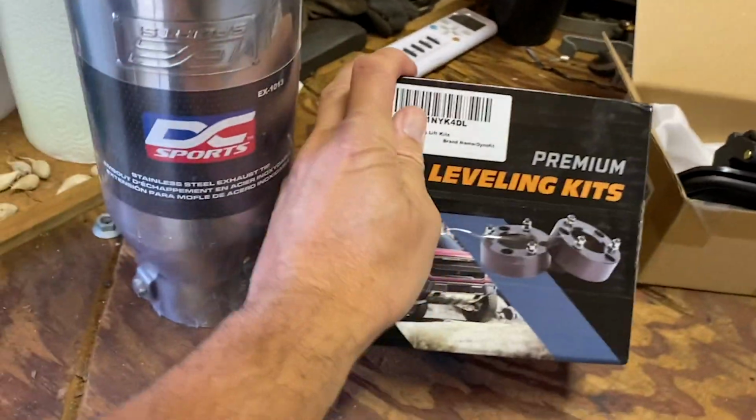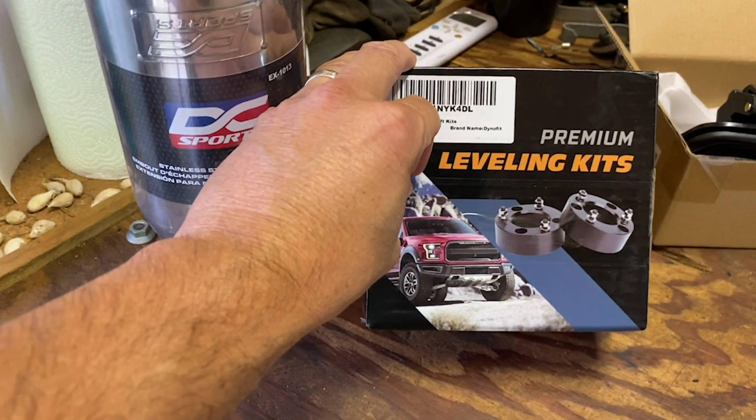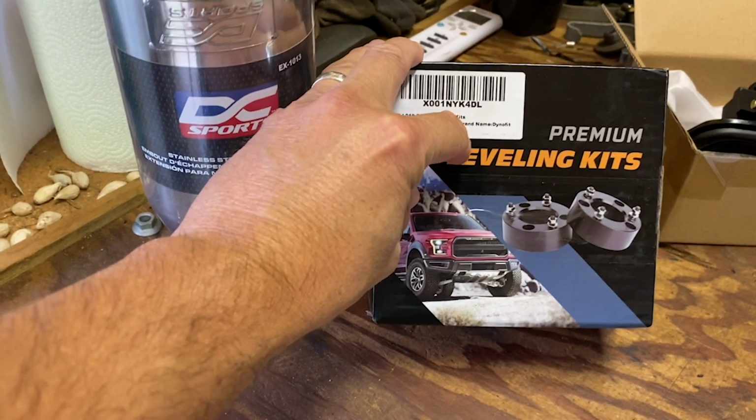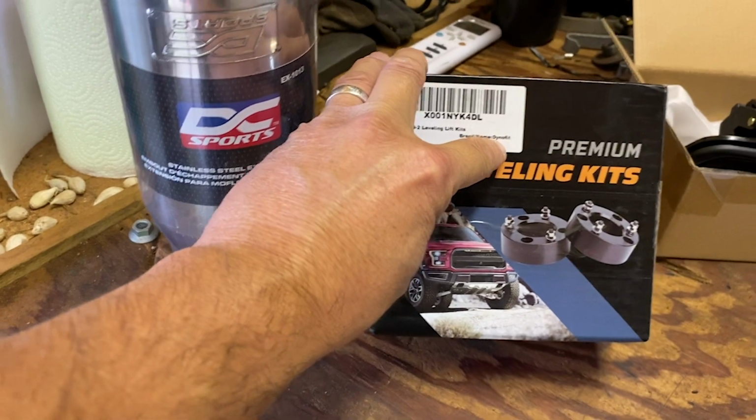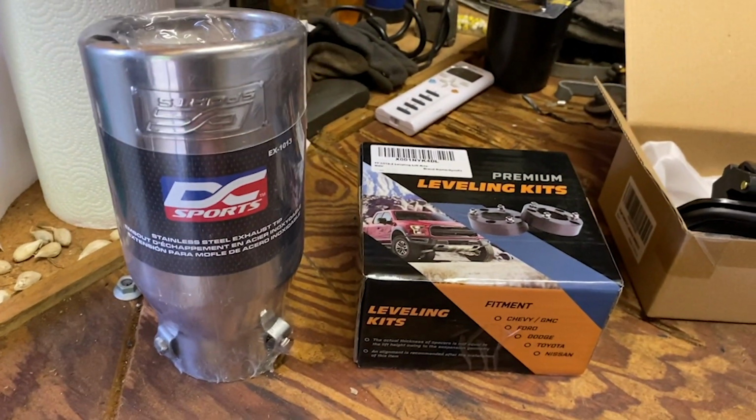Tailgate Talk fans. Today's video is going to be about this 2-inch leveling kit that goes on. This will fit my 2005 Toyota Tundra. It's a 2-wheel drive, and this is the DynoFit 2-inch. So I'm going to get going on that and show you before and after and any kind of